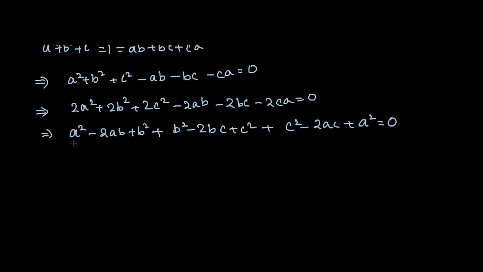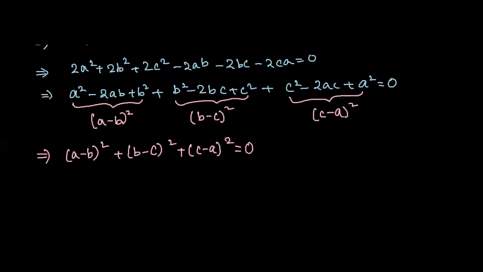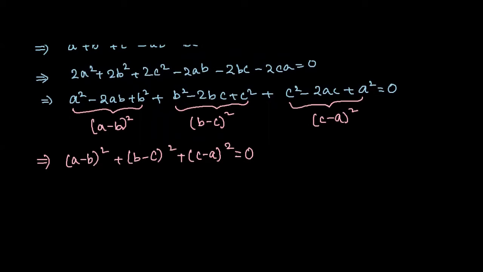Now, a square minus 2ab plus b square is actually (a minus b) whole square. b square minus 2bc plus c square is actually (b minus c) square, and c square minus 2ac plus a square is actually (c minus a) square. That means that (a minus b) square plus (b minus c) square plus (c minus a) square is equal to 0. Now, since a, b, and c are all real numbers,